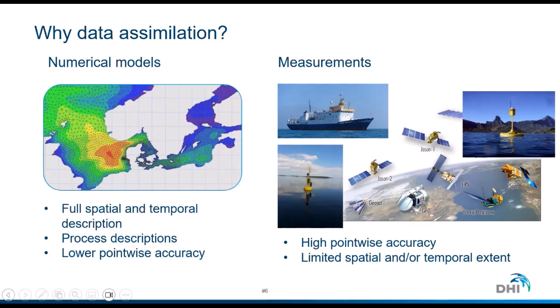The measurements, on the other hand, have a high point-wise accuracy, at least in the point where it's measured and at the time where it's measured. If you go a little bit further away, they don't tell you much about what is going on, and likewise in time, just before or after a measurement, it may not be related to the measurement itself. So measurements compared to the models have a limited spatial and temporal extent.